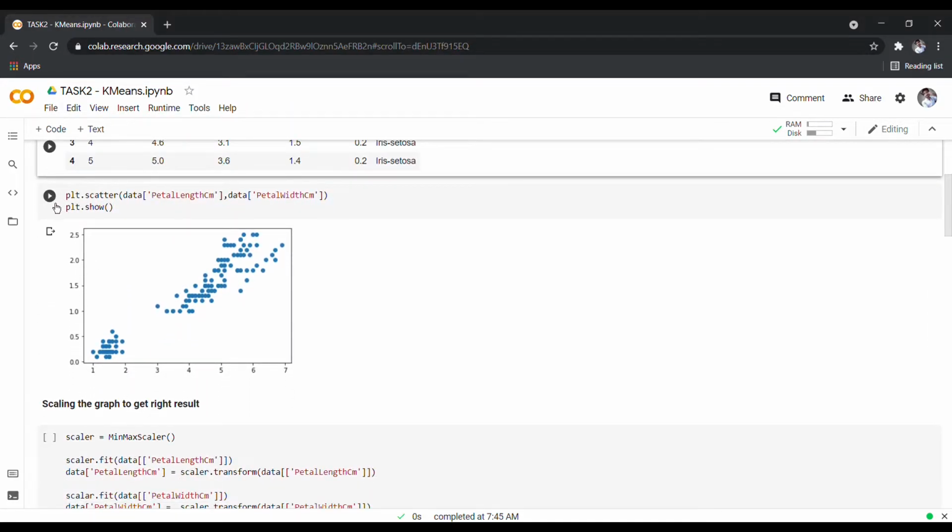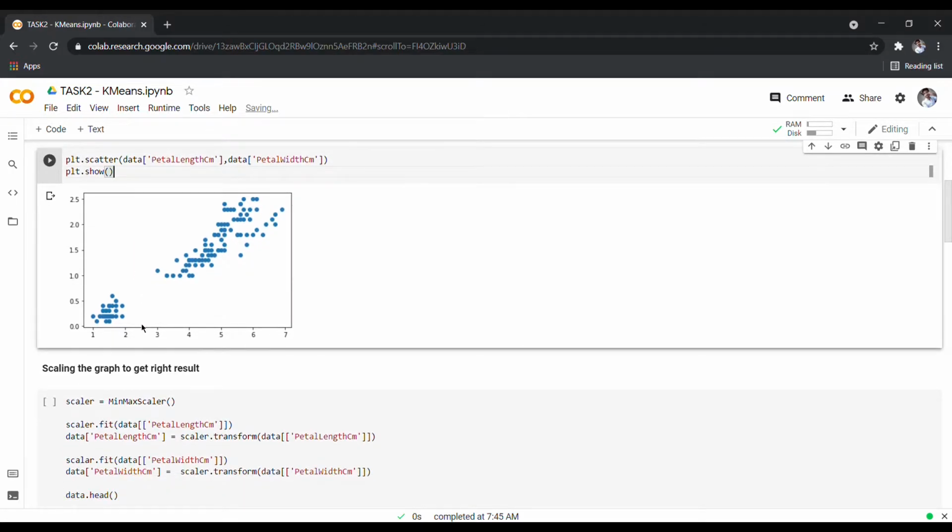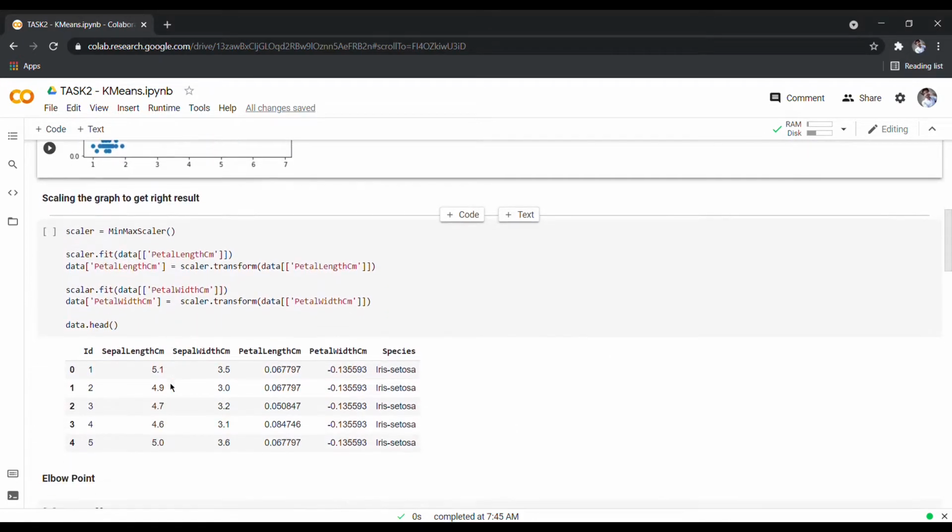Okay, this is the scatter plot where we'll be plotting the petal length and the petal width on the x and y axes, and this is the total number of data samples in the xy manner. Now we have to make the clustering over this particular dataset. So firstly, we'll make the